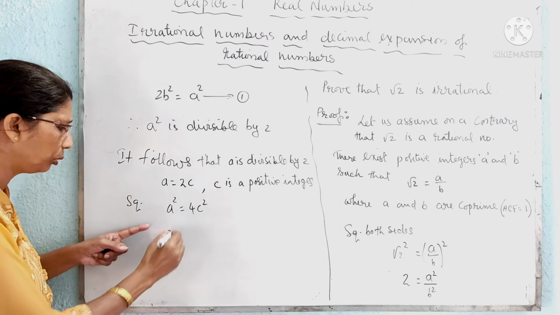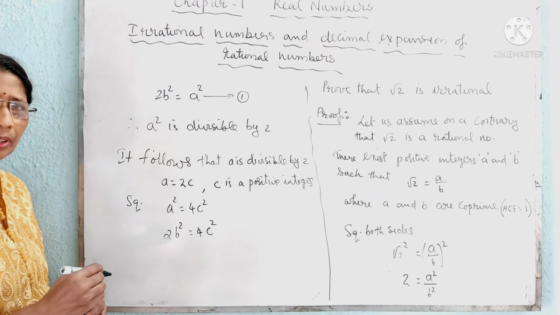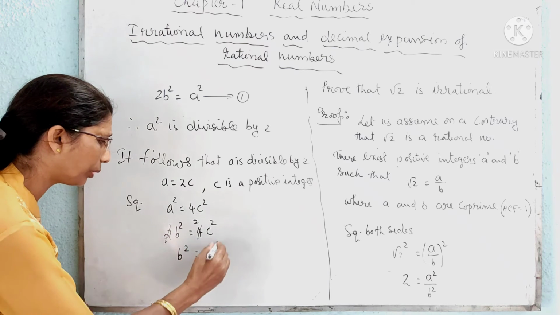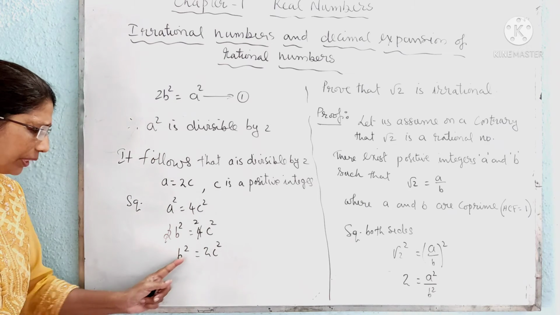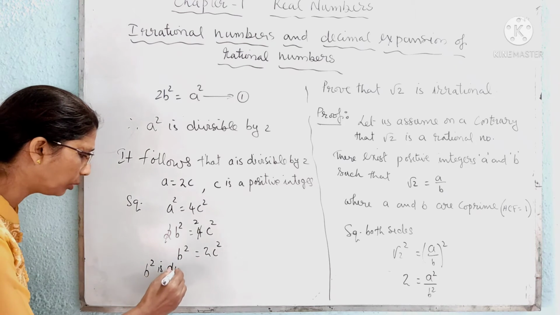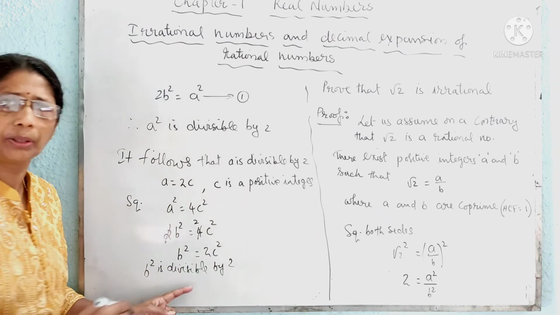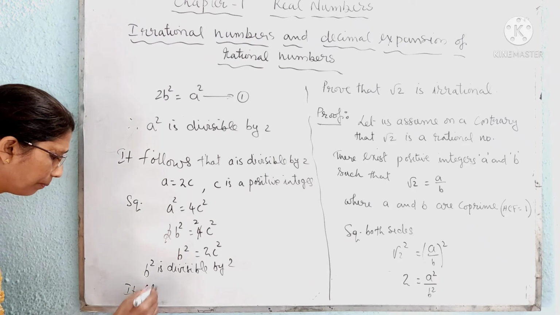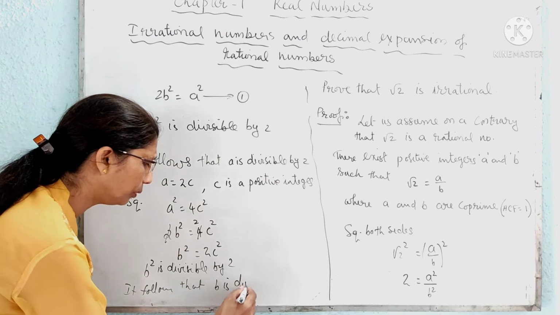ए स्क्वायर के लिए हमने 2b स्क्वायर पुट कर लिया, 2b स्क्वायर इक्वल टू 4c स्क्वायर। अभी 2 and 4 कैंसिल, 2 टाइम्स b स्क्वायर इक्वल टू 2c स्क्वायर। तो b स्क्वायर इक्वल टू 2c स्क्वायर, मीन्स b स्क्वायर इज डिविजिबल बाय 2। b स्क्वायर डिविजिबल है तो हम क्या लिख सकते हैं, इट फॉलोज दैट b इज डिविजिबल बाय 2।